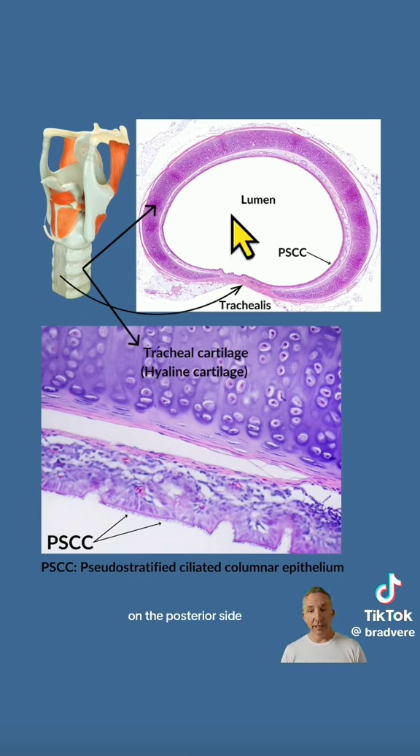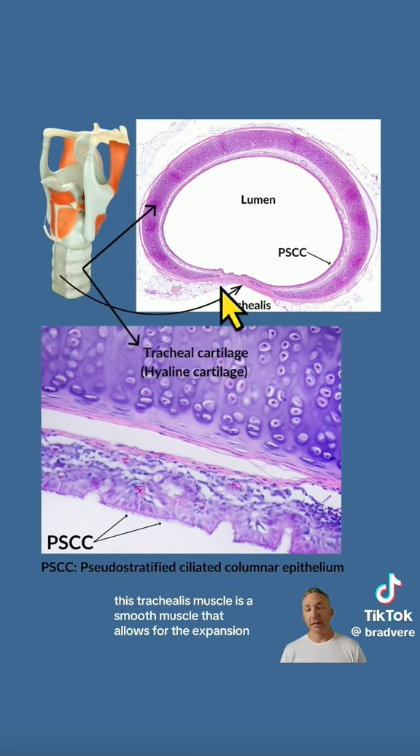On the posterior side, I see what's called the trachealis muscle. Remember, as I wrap around, the tracheal ring is a C ring, which means it's not a complete circle, because on the posterior side, I have this trachealis muscle. This trachealis muscle is a smooth muscle that allows for the expansion, but it gives me room for the esophagus on the posterior side. As we get into understanding some of our layers, we'll start to see